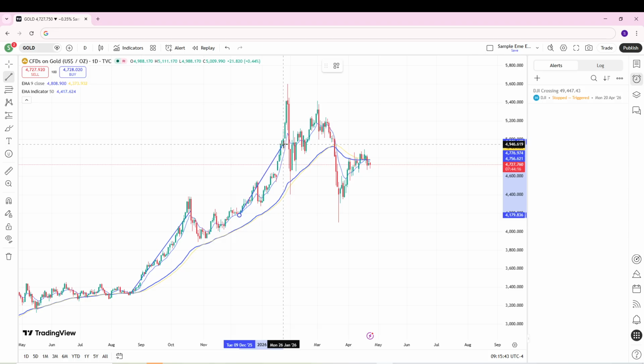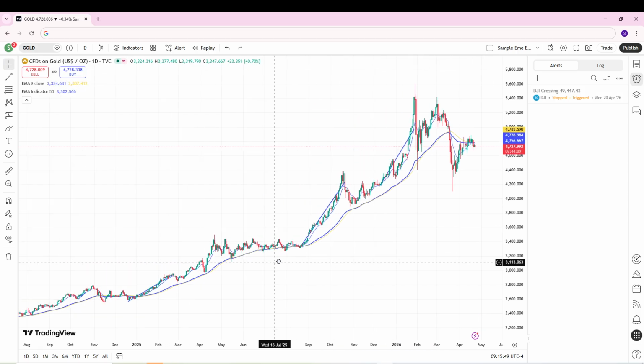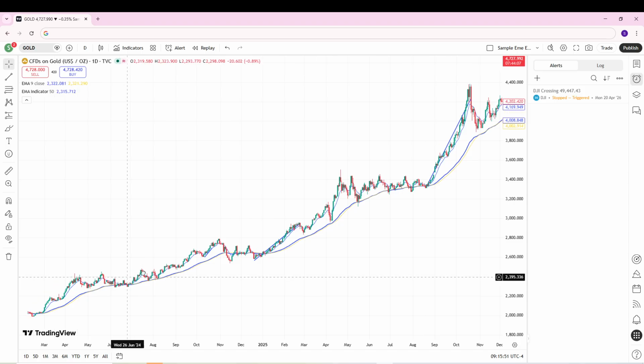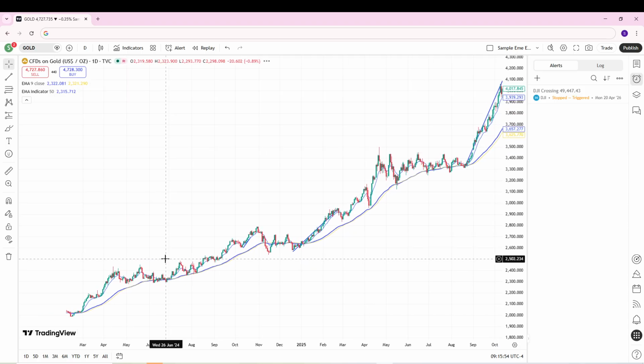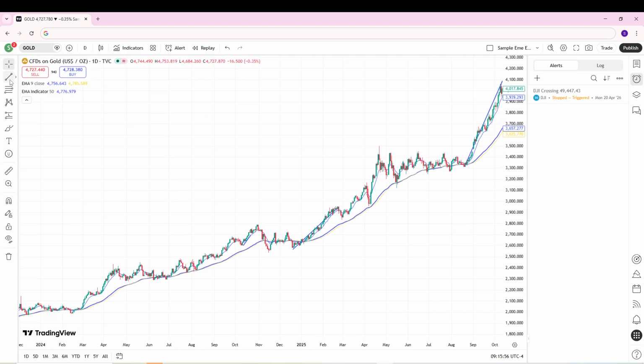A useful tip is to always zoom out a little before drawing your trend line. This helps you see the bigger trend instead of focusing on small movements that may not matter in the overall structure. With consistent practice, drawing trend lines will become second nature, and you'll start seeing support and resistance zones more